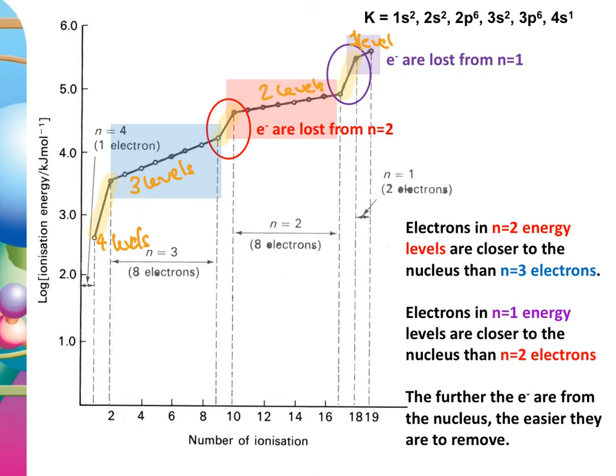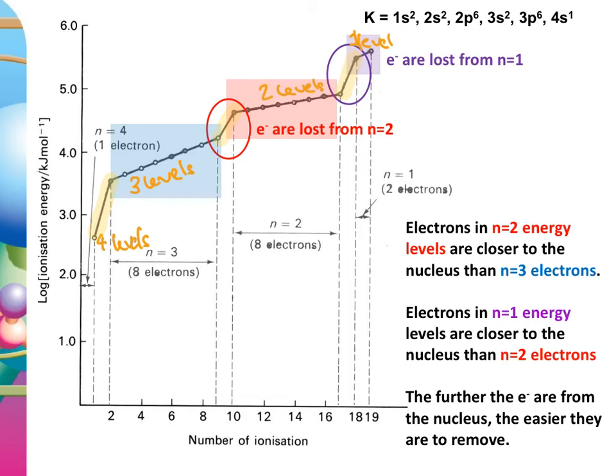So when we go down from 4 levels to 3 levels, we are suddenly now much closer to the nucleus, which is why we get such a dramatic increase in ionization energy, because the distance has dramatically changed. When we go from 3 levels to 2 levels, we also again have a dramatic increase in ionization energy, and that's because again we are now much closer to the nucleus. And then finally, when we go from 2 energy levels to 1 energy level, we have another dramatic increase in ionization energy, and again that's because we have